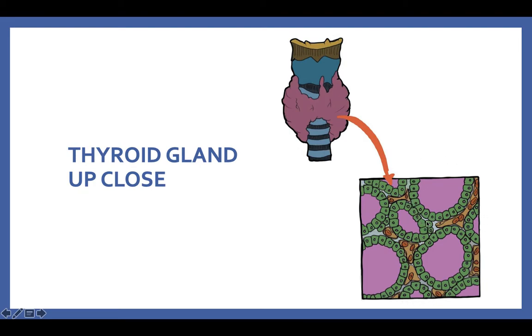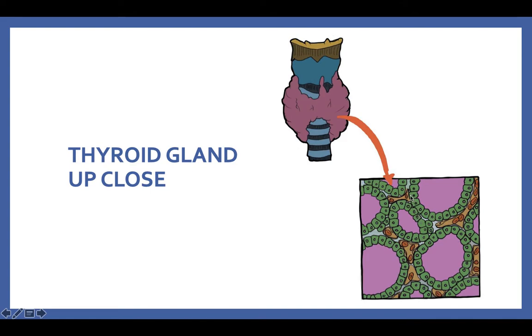So here these circular groups of cells are known as the follicular cells marked in green. And in the center, we have the follicular lumen, which contains the colloid. This colloid can store thyroglobulin, which is a precursor to forming the thyroid hormones. In between these follicles, we have the parafollicular cells, along with capillaries and red blood cells.